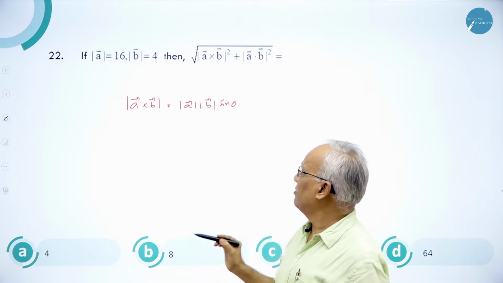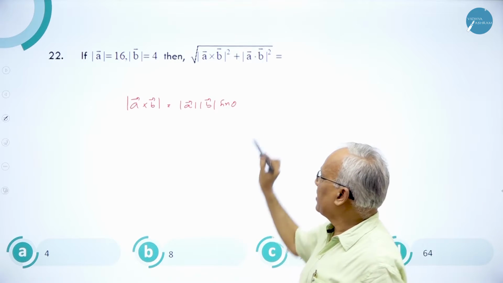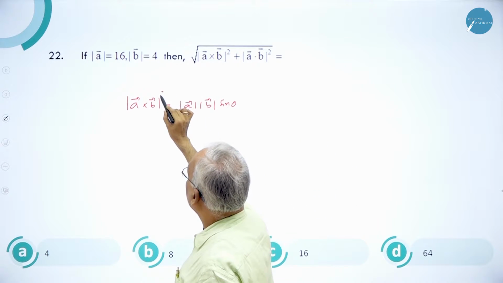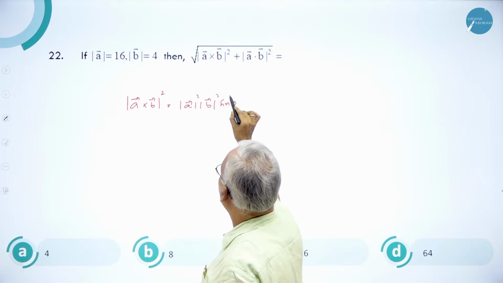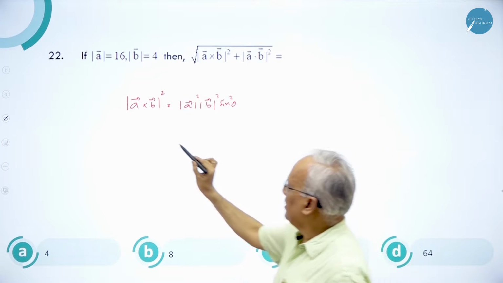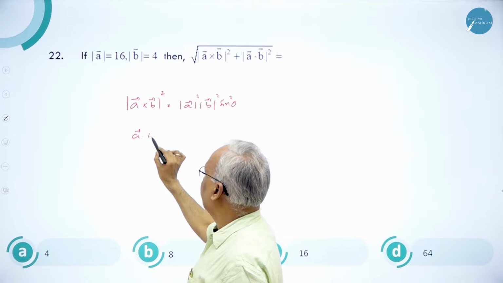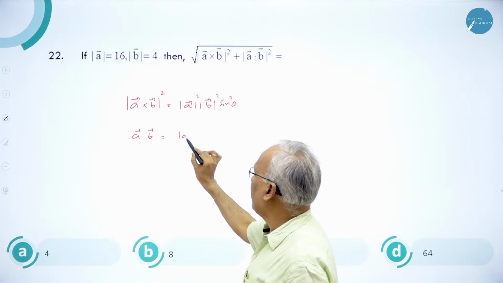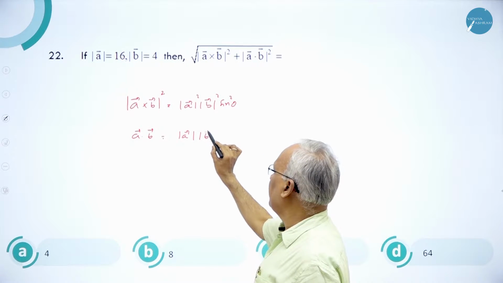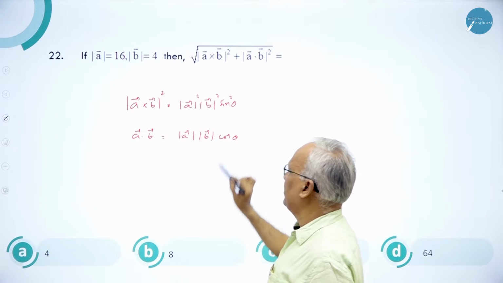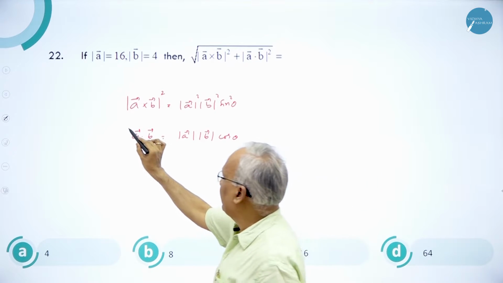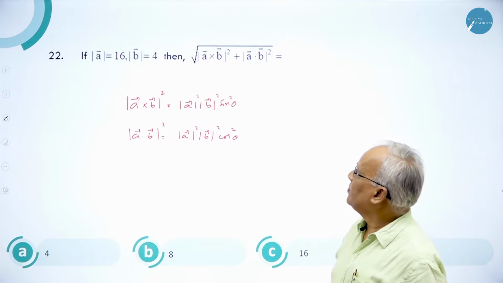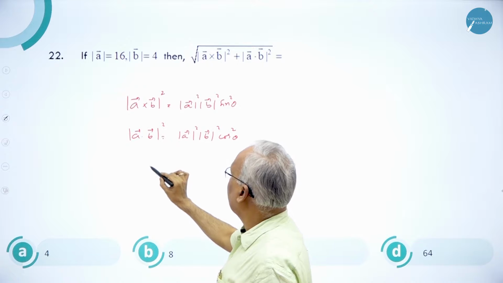B. You know the definition of cross product. So n cap is not needed, because I have taken only magnitude. So if you square it, it becomes A squared into B squared into sine squared theta. Similarly, A dot B, by the definition of a dot product or a scalar product, it is magnitude of A into magnitude of B into cosine of the angle between A and B. So if you square again this one, it becomes A squared into B squared into cos squared theta. Therefore, the expression is the required expression I write.